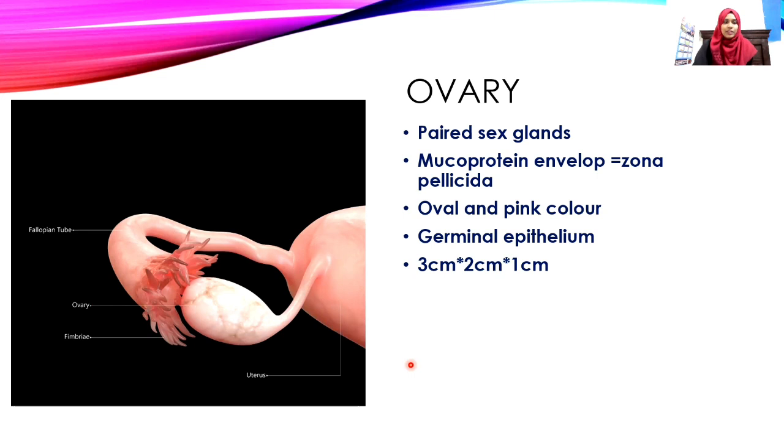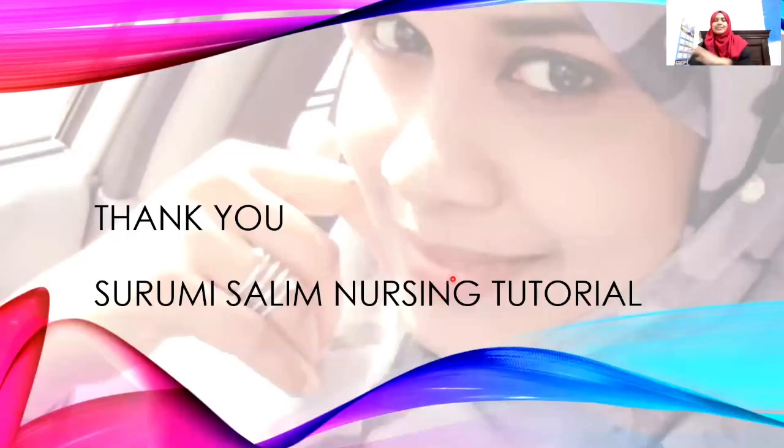So we dealt with the female reproductive organs, the external ones and the internal ones. Okay, so keep on watching. We will deal in the next class with the accessory sexual organs, and then we will start with pregnancy.